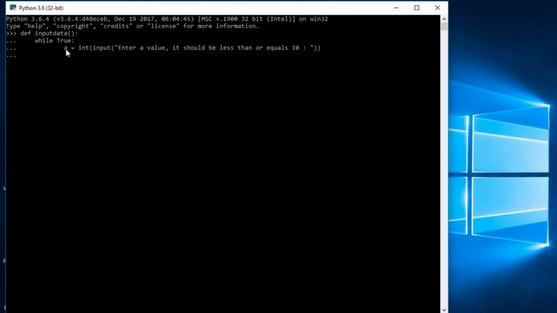Now after giving the statement, I want to validate that value a. So I'll check if a is less than or equal to 10. That means if the taken value a is less than or equal to 10, I should break my loop. It should not continue, okay. If not, then I'll write else and give one prompt to the user. I'll write print